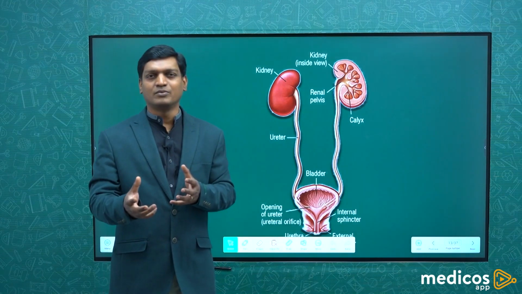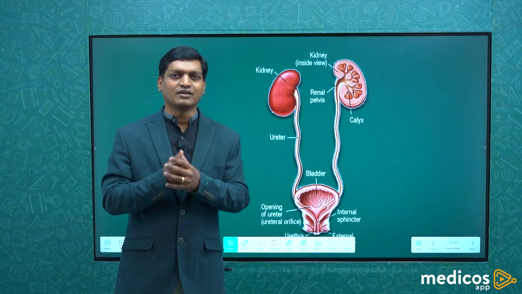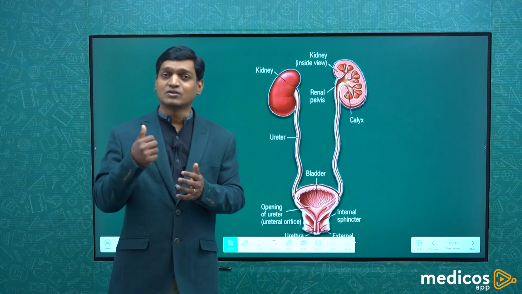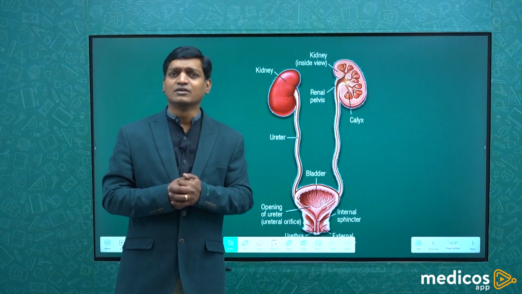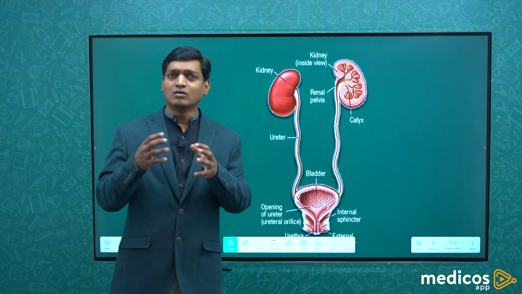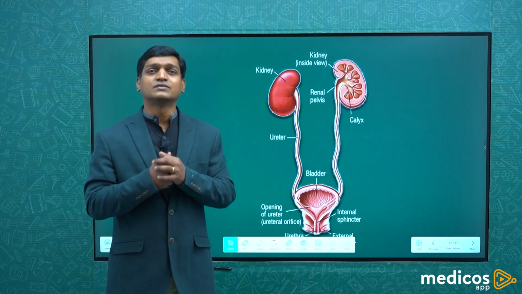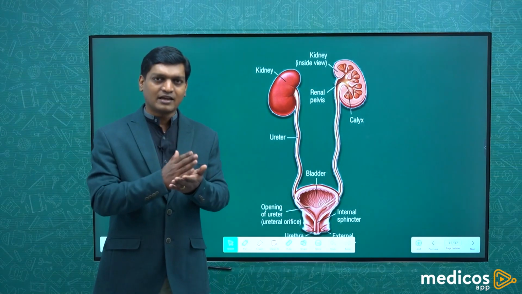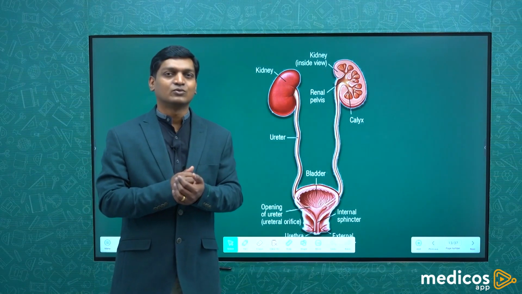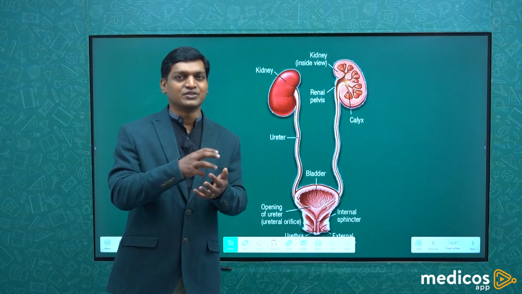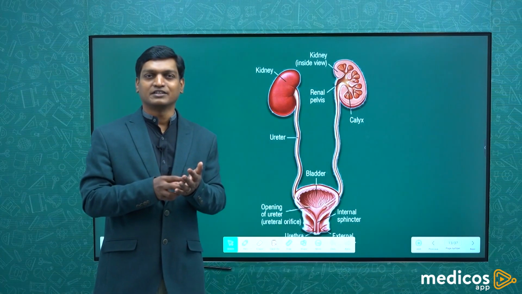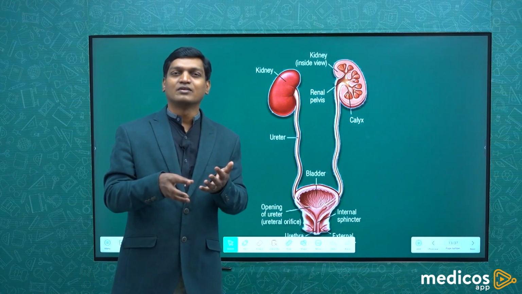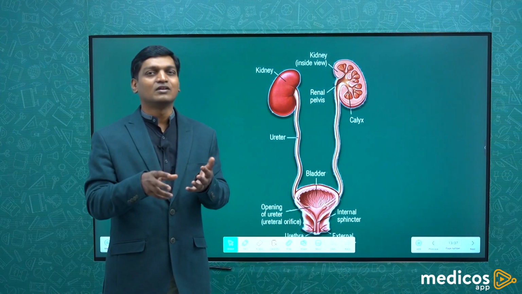Morphological features obviously, and after that the covering. What is Zuckerkandl's fascia? What is Gerota's fascia? What is Hodel fascia? All the fascia of the kidney, you should know. Then cut and see the kidney. What are the structures you can appreciate from the cut portion of the kidney? What is pelvis, what is calyx, what is pyramid, what is cortex, what is medulla, you need to know